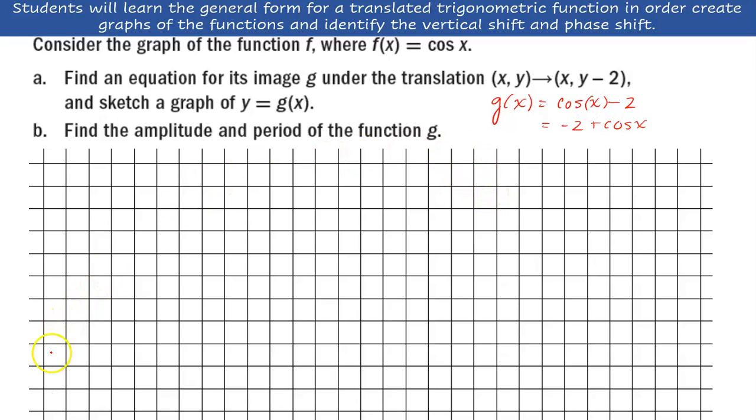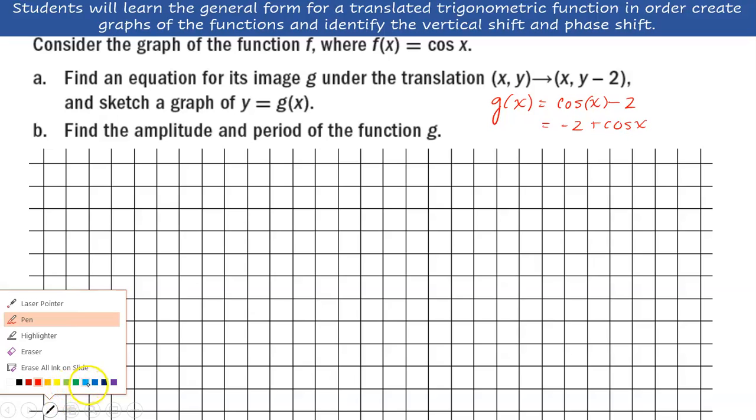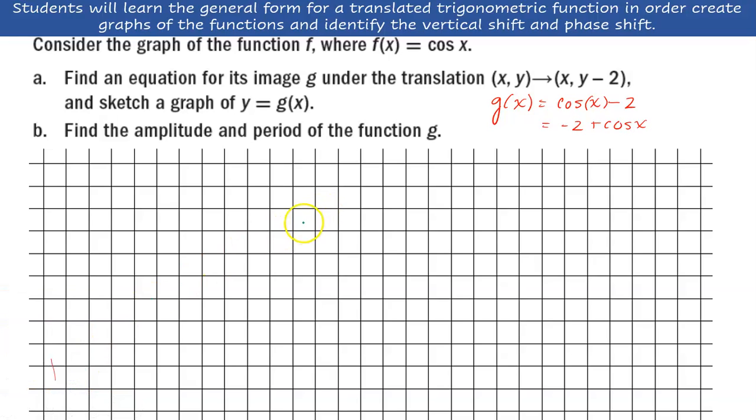So we're going to graph this. In order to graph this, I'm going to draw an x-axis and a y-axis. So I'm just going to make this my x-axis, and I'm going to make this my y-axis. Okay? Normally cosine would start at 1, right? So it'd start at 1, then we would have 0, then negative 1, then 0, then positive 1. This is what my cosine would look like, and it would just keep doing that